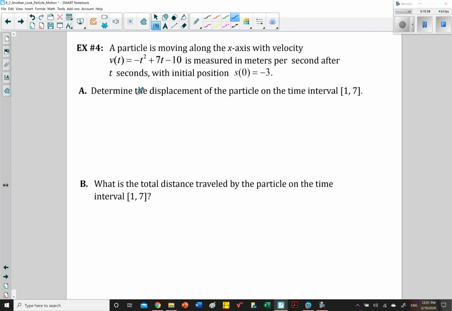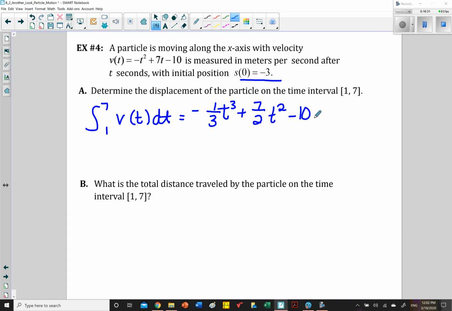A particle is moving along the x-axis with this velocity, measured in meters per second after t seconds, and our initial s of 0 is -3. We want the displacement of the particle on the time interval from 1 to 7 seconds. So from 1 to 7 seconds, the velocity is -1/3 t cubed plus 7/2 t squared minus 10t from 1 to 7,